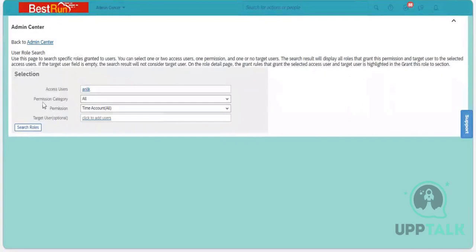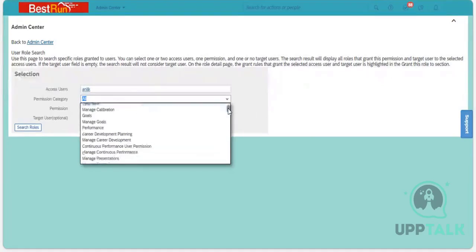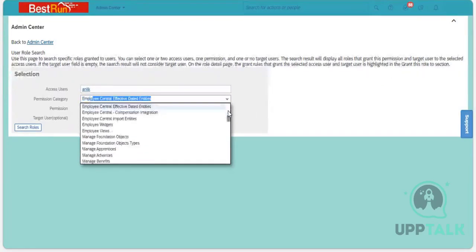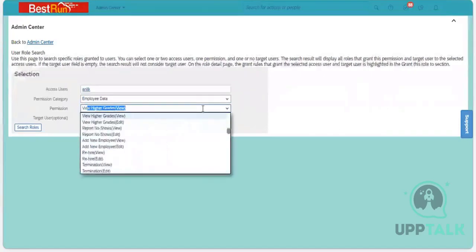So in user permission, all the permission categories were showing in a single page, right? Yeah. So we were going and seeing with Control F, and we are selecting the category, that is employee data, right? Here we are able to select that particular category. Suppose if I am selecting employee data, you can see here it will be showing. More defined search lists. Yes, it is a more defined search. Here again, if I am going with view higher grades,